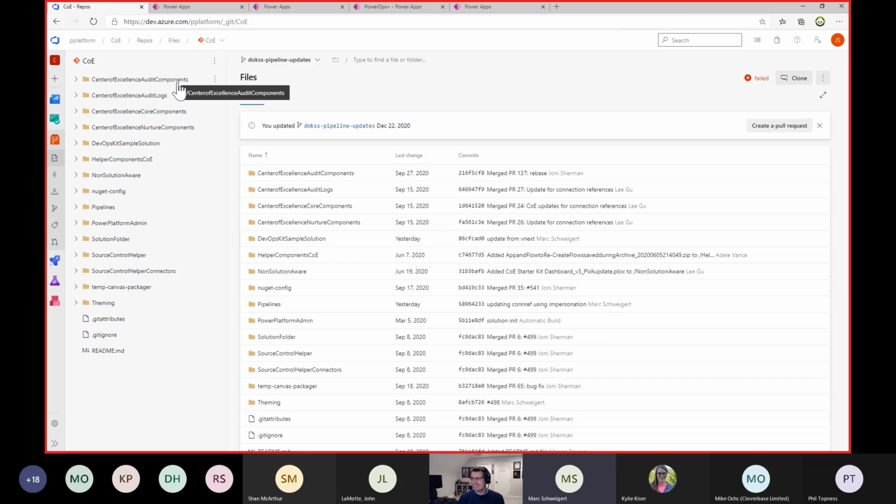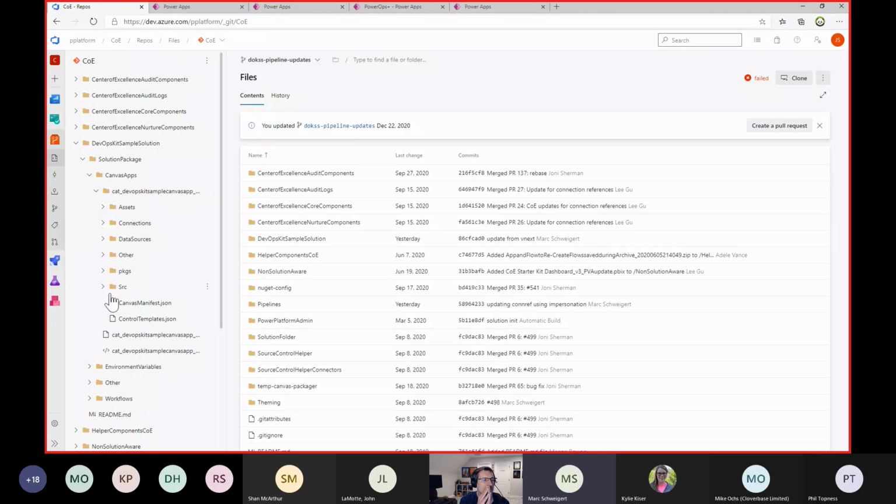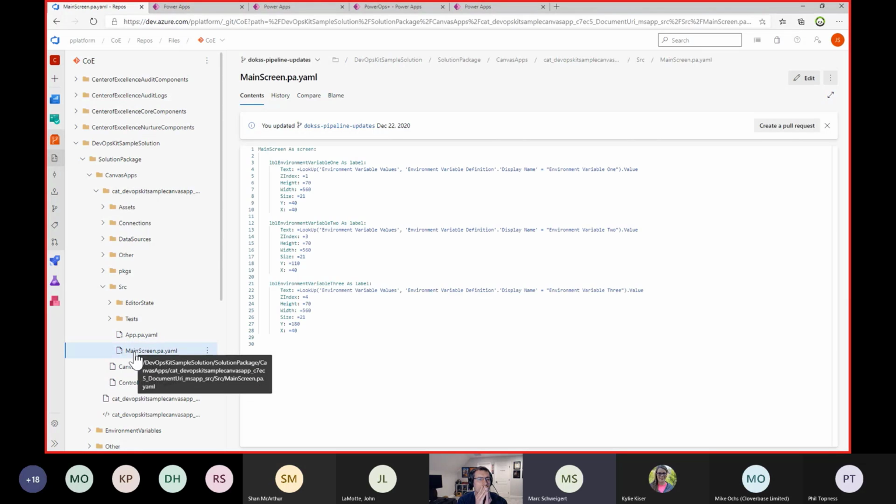Most of the folders in here represent solution packages. And if you were to, for example, expand this solution, you'll notice something that I teased on Twitter that we would share, and we got permission to share this from the team who's building this. You'll notice that we have full source control of Canvas apps, and this is a very simple app with just a single screen. But one of the things that we've been exercising is the work that's been going on to make Canvas apps source control friendly. And one of the things I will tell you is this has been very useful for us as a team.